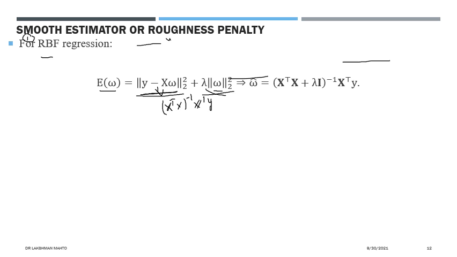Smooth means it is dealing with differentiability. So it is very much a differentiable kind of structure. If you try to find the optimal solution of this problem, what is the optimal solution? It is the inverse of X transpose X plus lambda times the identity matrix, times X transpose y. So one additional factor is coming here, due to the smoothness parameter. And lambda, you can call it a smoothness parameter.